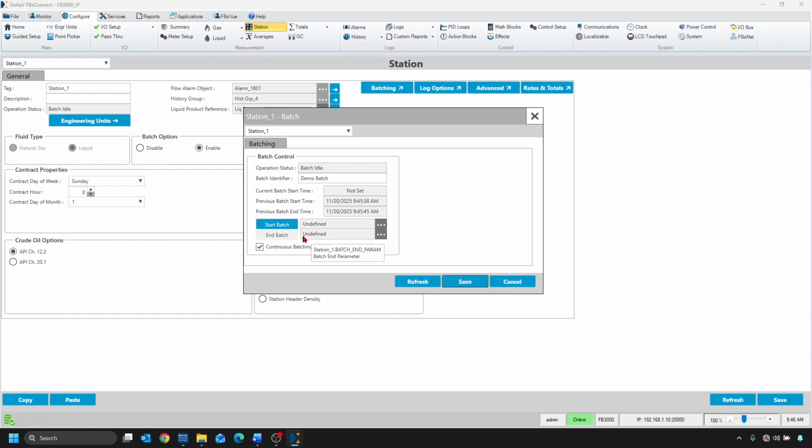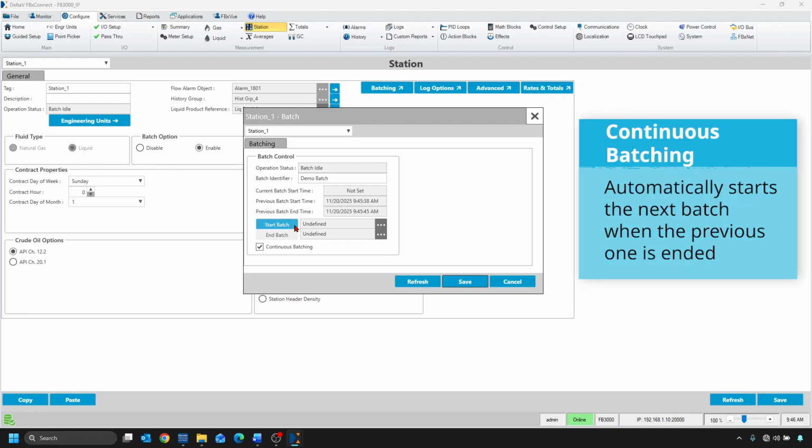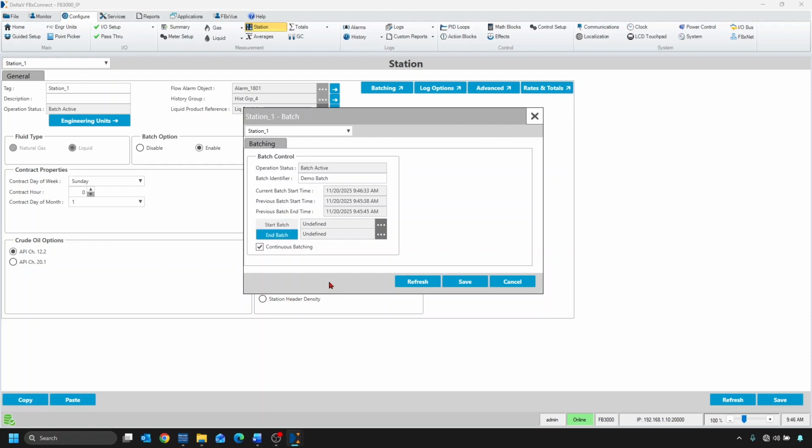What that means is it will automatically start the next batch when I end the previous one. So I'll show you that here. I'll start the batch, and then you can see if I wait a few seconds and then I end that batch, it will go ahead and start the next batch. So you can see the previous batch end time and the current batch start time are now the same. If I click that more times, it updates both those fields, and then you can still see the previous batch start time here. All right, so now that I've run a few example batches, I will go show you